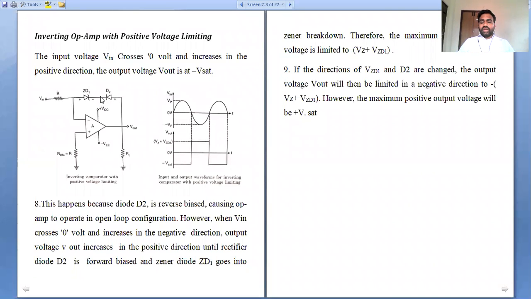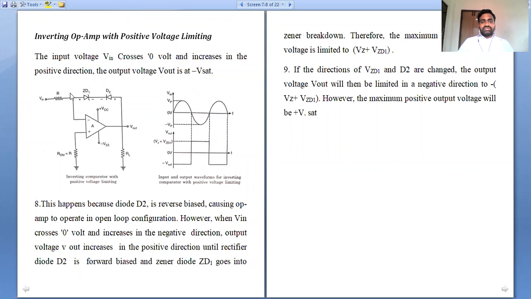If we see the circuit configuration, it is an operational amplifier constructed with negative feedback. It is an inverting type operational amplifier. Input voltage is connected to the inverting terminal. This is a negative comparator, meaning the positive or non-inverting terminal is grounded, and the reference supply is applied at this non-inverting terminal. So that is our operating principle.